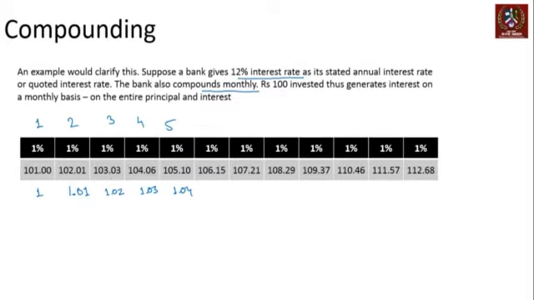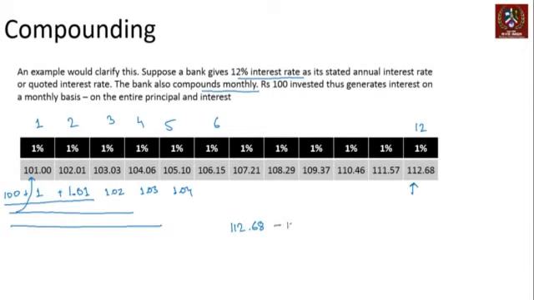Why is that? It is because in the second month, your interest is being calculated not on 100, but on 101. In the third month, the interest is calculated on 100 plus 1 plus 1.01, on this entire amount. The fourth month interest is calculated on this entire amount. The fifth month interest is calculated on this entire amount. Now you note that by the end of the period, in the 6th, 7th, 8th, 9th, 10th, 11th, and 12th month,